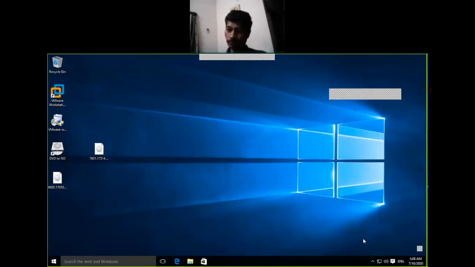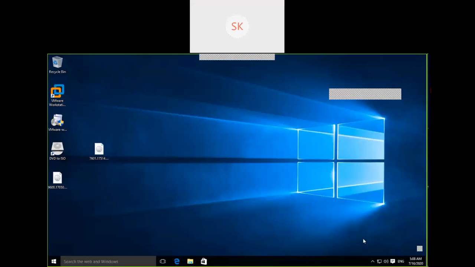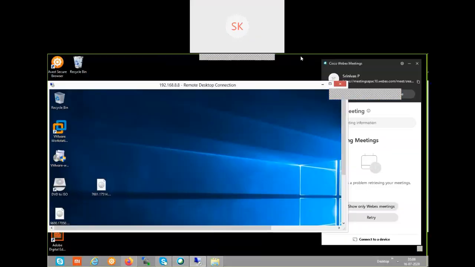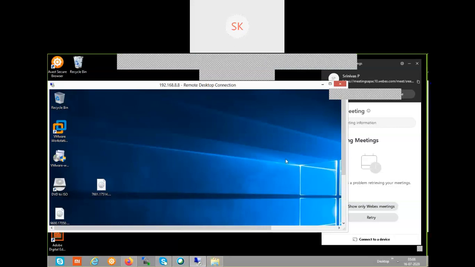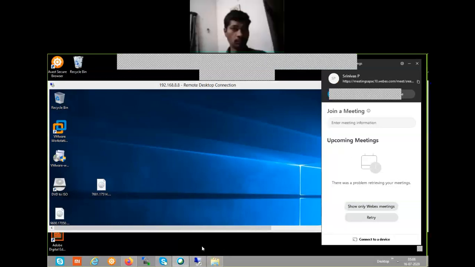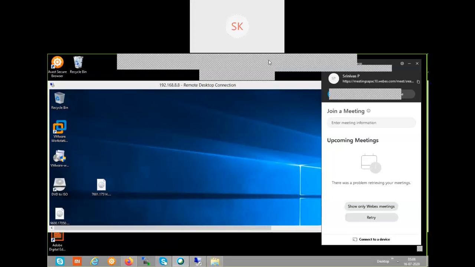Yesterday we saw how to install VMware Workstation. Why do we install VMware Workstation? It creates a virtual machine for us to create a server. VMware Workstation is a client virtualization tool to create a virtual machine. Okay, virtual hardware. We did that yesterday and we installed the operating system on that particular hardware.